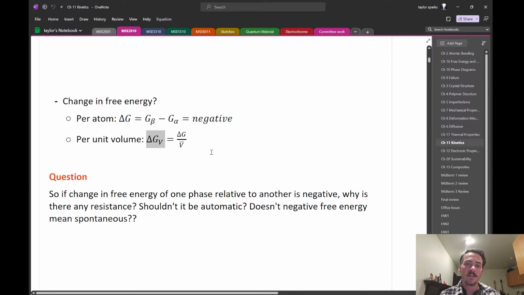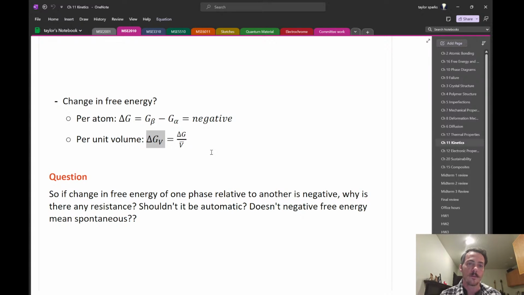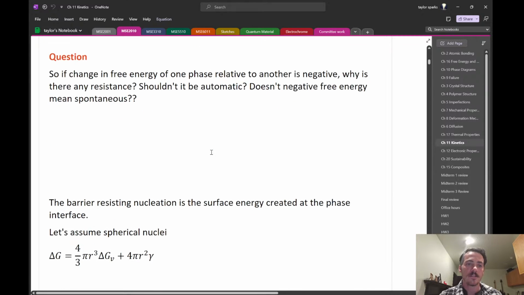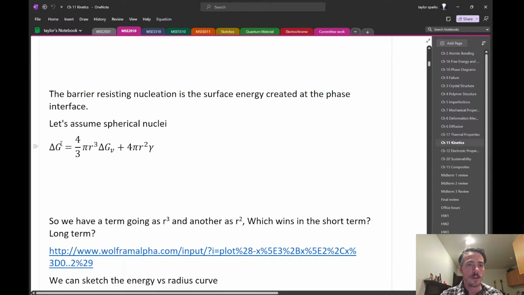But the thing that's preventing it is the free energy coming from the surface. So it's a balance of those two things. Hence why when you look at this, here's our net change in free energy. You can see it right here. It's got two terms. The first term, assuming a spherical nuclei for a moment and homogeneous nucleation, check it out. The first term is 4/3 pi r cubed. That's the equation for the volume of a sphere. So that volume is going to be